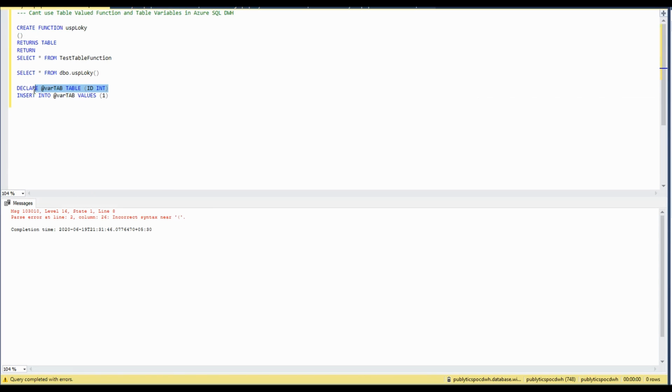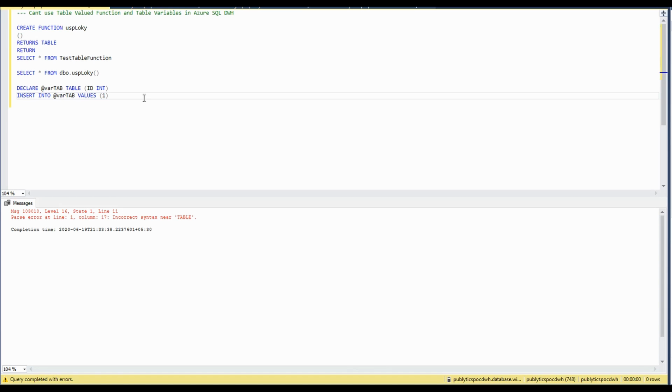First of all, let us see whether it gives us an option to declare it or not. You can see that when it comes to table variables, we are not allowed to even declare it. I think that should be the case for table valued functions as well, so that we don't get any confusion. But this is how things are, and I'm not sure what the reason is. Maybe Microsoft will look into it and correct that in the coming releases.